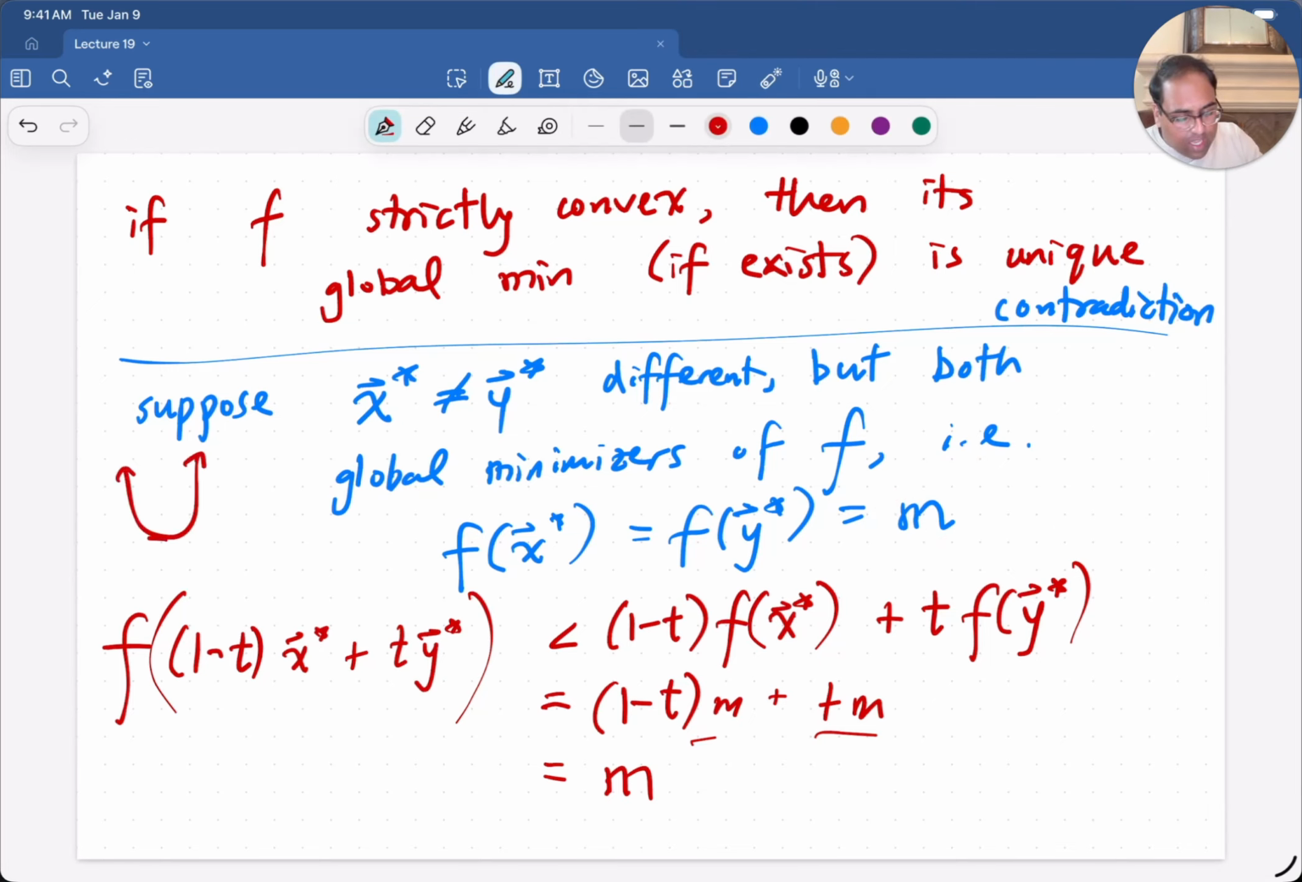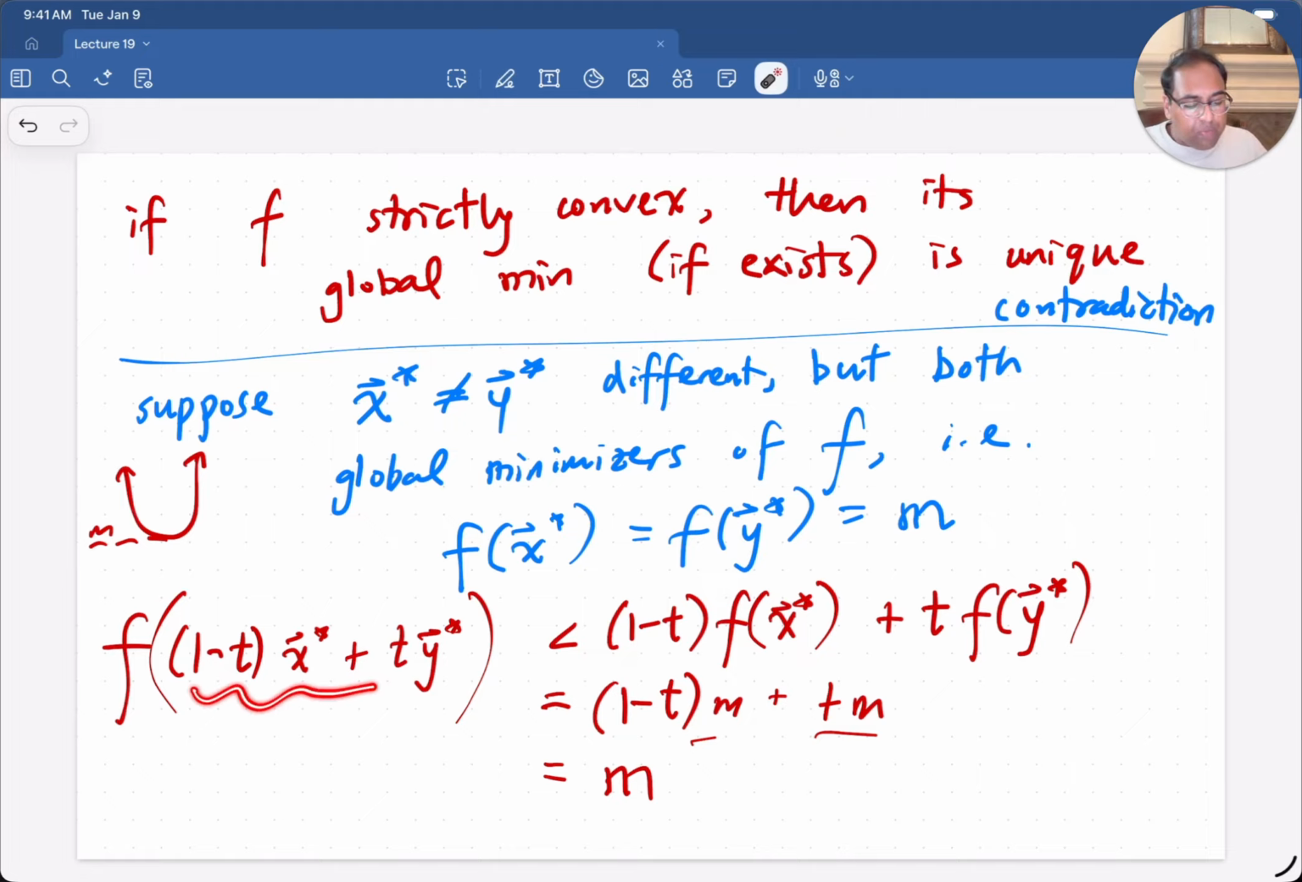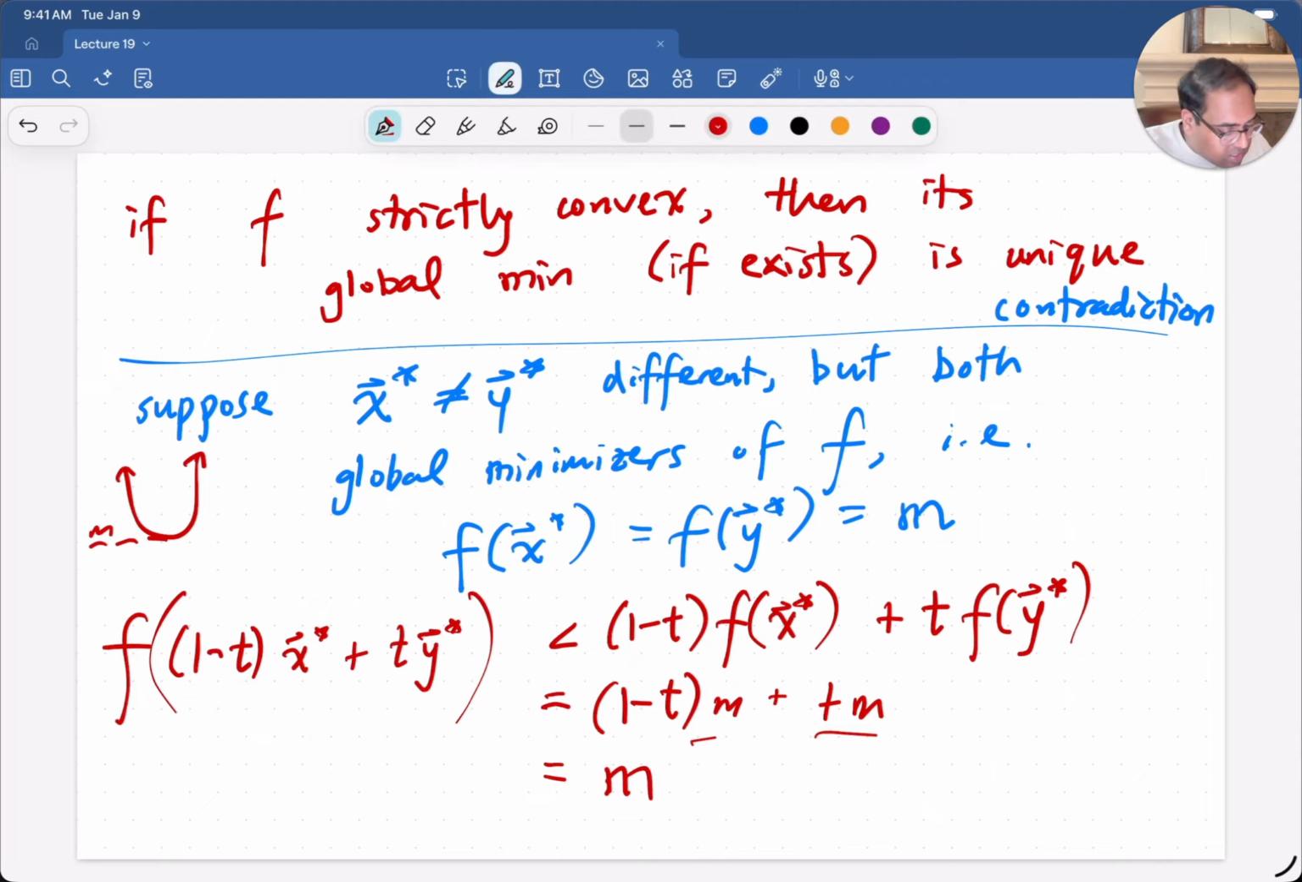But what this is saying is that if f is strictly convex, and you assume it has multiple minimizers, that is multiple inputs that give you that output of m, well then there's a contradiction, because if that were true, then there would be some input between x star and y star that gets you lower than m, which is not possible because m is assumed to be the global minimum. So there's your contradiction,